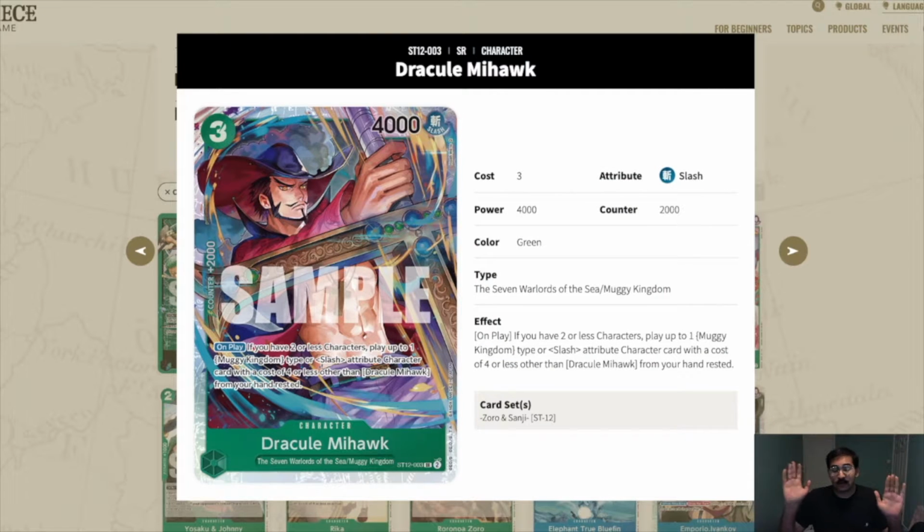Mihawk, this card is crazy. This is a 2k counter, 3/4, so 4k on a 3-drop is fine because you can just 1 Don and you're swinging 5. 7 Warlords traded. And on play, if you have 2 or less characters, just run out of 4-drop. It's absolutely crazy. My webcam has decided...